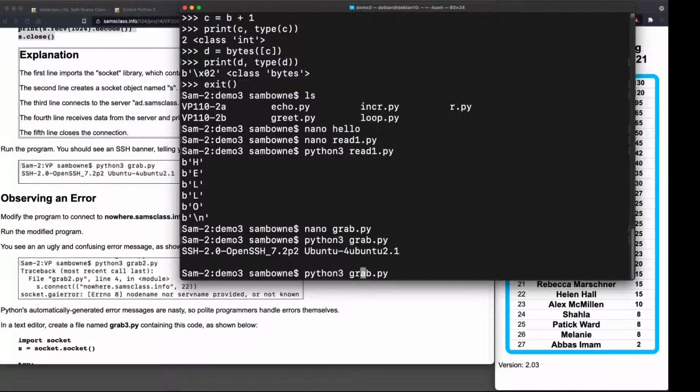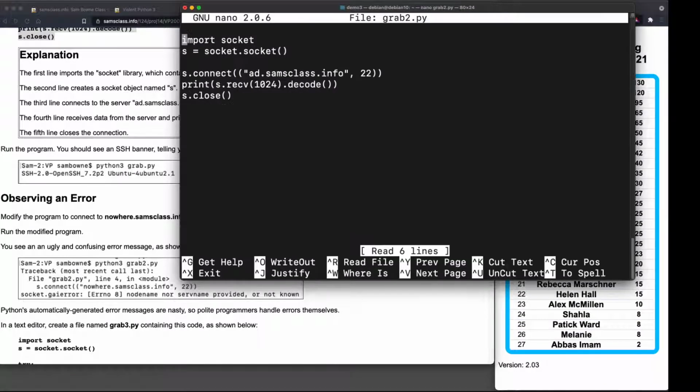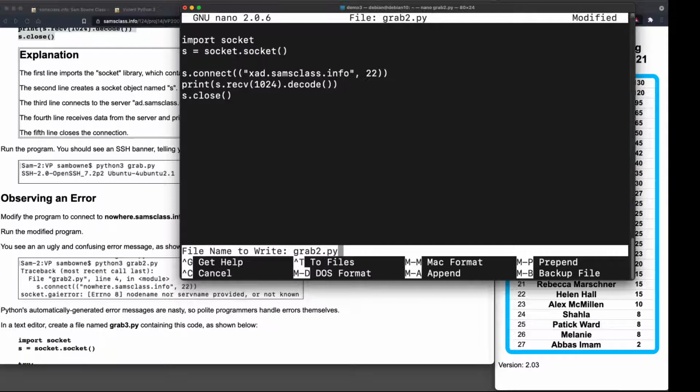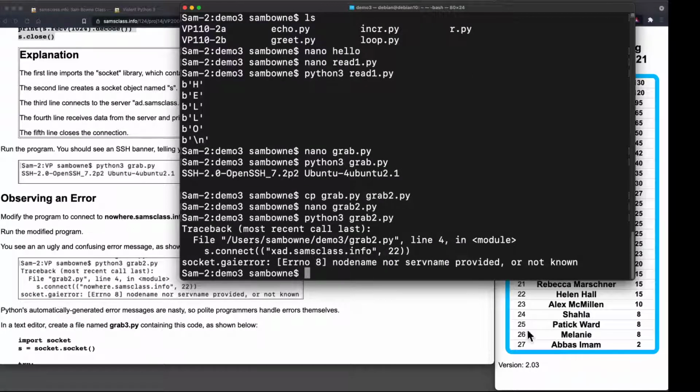So I'll copy that. This, by the way, is a good practice. Whenever you have any program that works at all, I keep it and move to another copy, because often I foul things up and I wish I could go back to the one that worked. All right, so if I change this to a server that doesn't exist, like XAD, and run that,